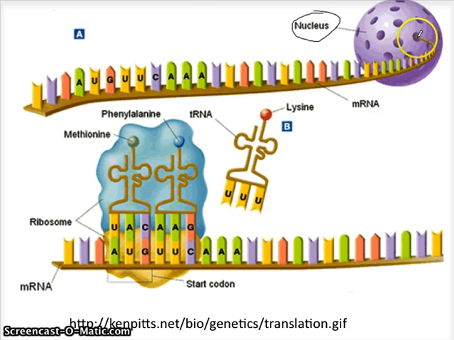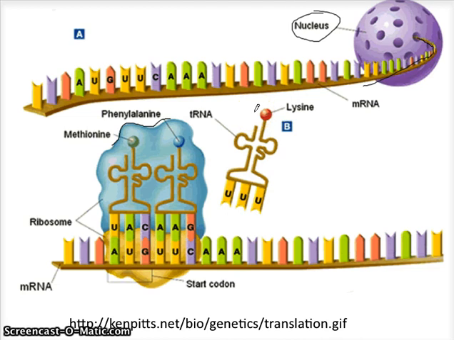So then after it's transcribed, it comes out the nuclear pores like this. And so these are nuclear pores, these different dots in this picture. And so the mRNA comes out, and then we have a ribosome made up of rRNA, which is this thing right here. And that allows tRNA molecules, these things right here, to come in and bring the amino acids that are needed